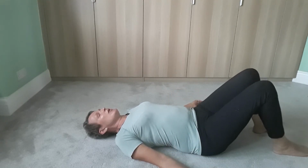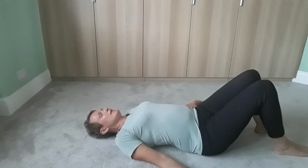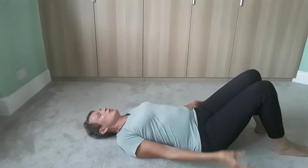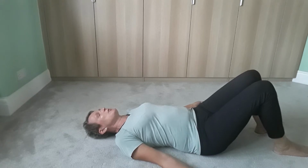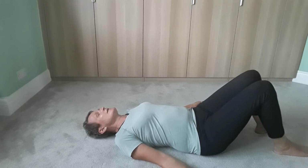And our pelvis can move down towards our feet so that our back arches, and it can also move up in the direction of our head so that our back flattens, and these are the movements that we're going to be doing today. So first of all, let's do the arching movement,